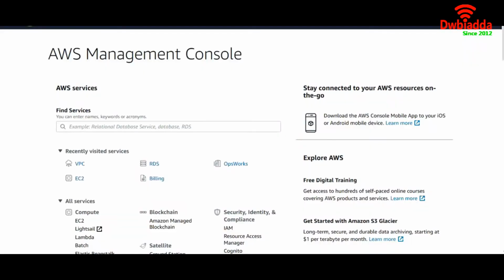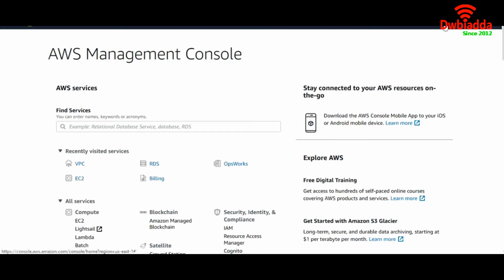So today we're going to talk about what is VPC peering and how you can configure one in your AWS account. Okay, so what is VPC peering? VPC peering is a networking connection between two VPCs that enables you to route traffic between them using private IPv4 addresses or IPv6 addresses. Instances in either VPC can communicate with each other as if they are within the same network once the VPC peering is configured between the two VPCs. Okay, so let's go ahead and create one.